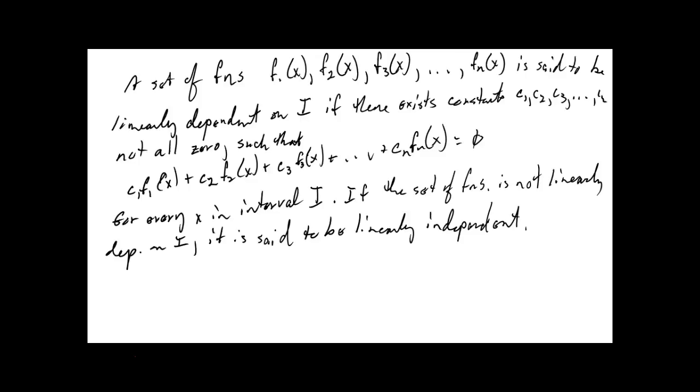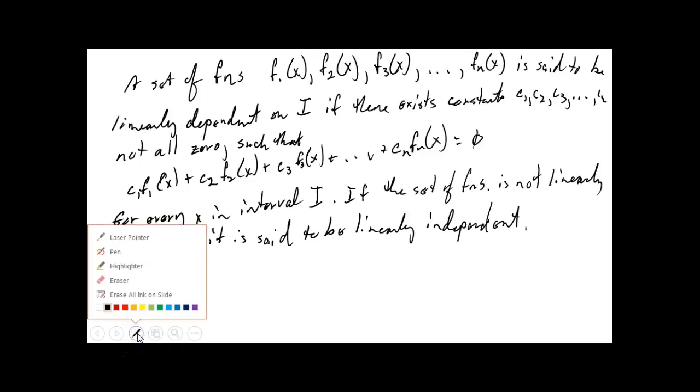What if we had two functions? Okay, I'm going to go to a clean page here. We're on page 123, section 4.1, chapter 4. Okay. Let's say we have two functions, f1 of x and f2 of x. Okay. If the set of functions is linearly dependent on an interval, then there exists some constants c1 and c2